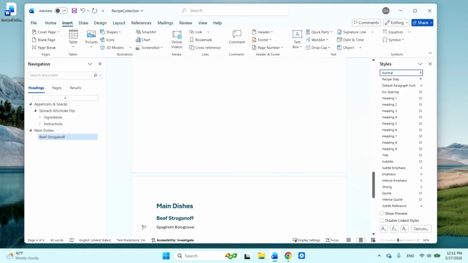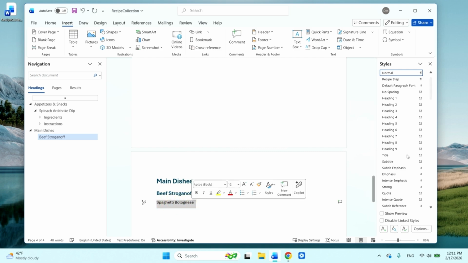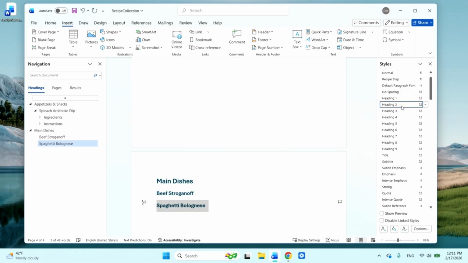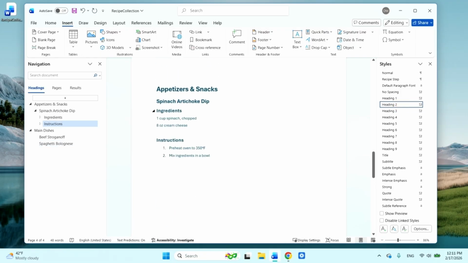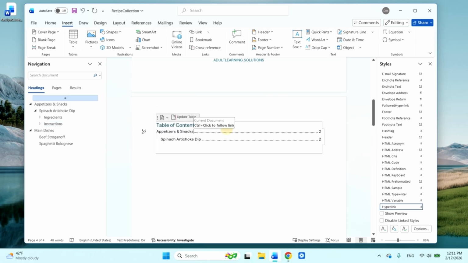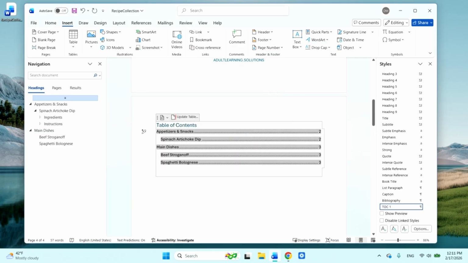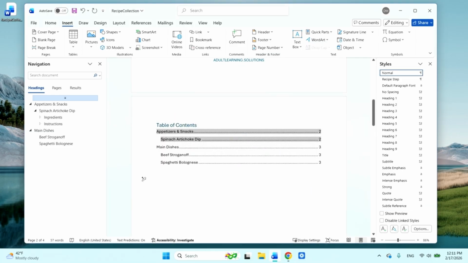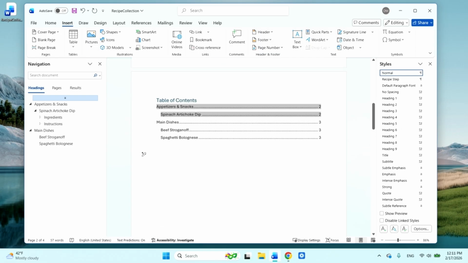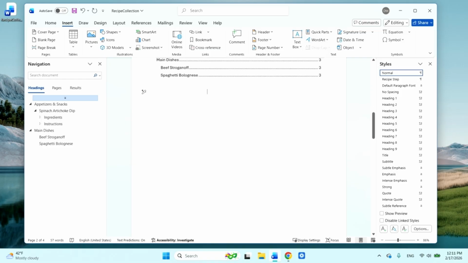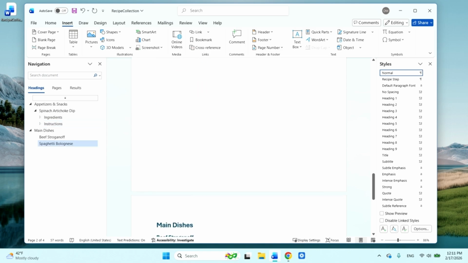Now, it's not assuming that I am adding multiple recipes at once. So instead, I'm going to go in and correct it. Hey, yeah, I needed that to be a recipe. There we go. All right, so that's enough for us. We can actually go back and double check our table of contents again. Update table, update entire table, and there we go. There are our main dishes. And then after the main dishes, we are actually going to insert a section break, not a page